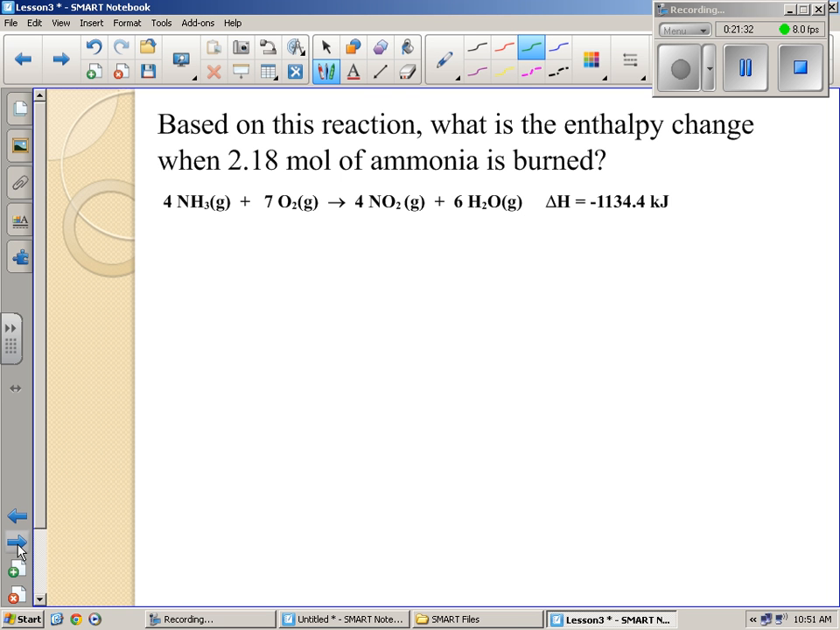Well, when you see terms like this, if you want to use a formula, by all means, go ahead and do so. When it says, what's the enthalpy change, we're talking about delta H, right? What is the enthalpy change? Not the molar enthalpy. What's the enthalpy change when 2.18 moles of ammonia is burned? And you know me,